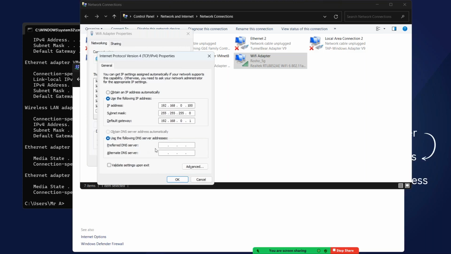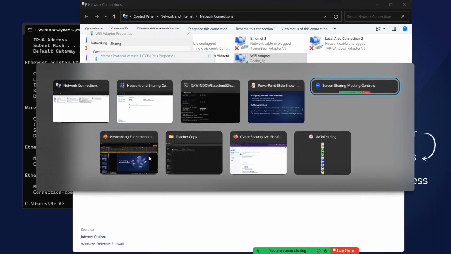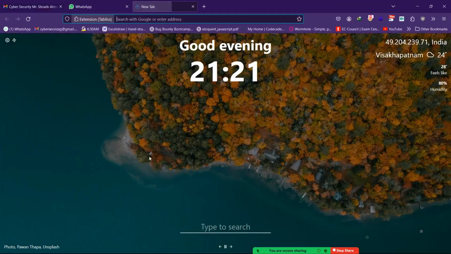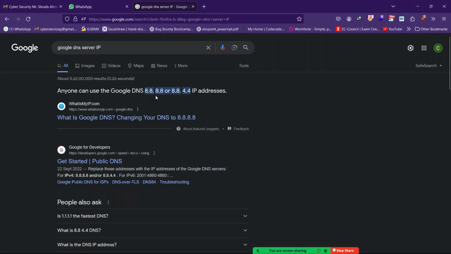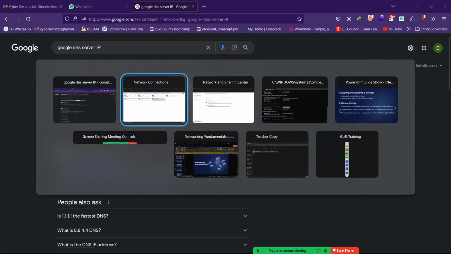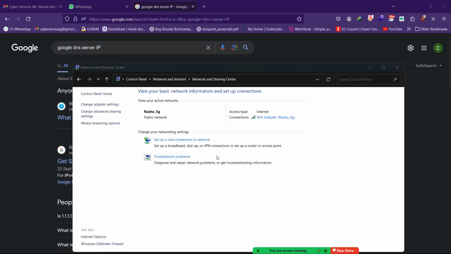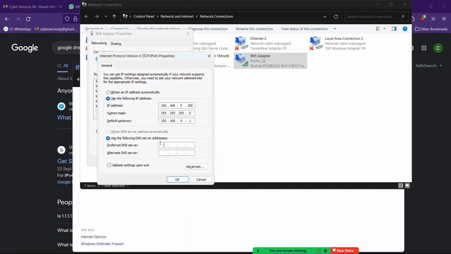192.168.0.1. Now, it also asks you for one more piece of information here, which is a DNS server. Don't worry what a DNS server is, because I'll talk about that in the upcoming sessions. But if you do not know what to enter here, you just go to your browser and search for Google DNS server IP, and that would provide you two IP addresses. One is 8.8.8.8 and the other one is 8.8.4.4, and you can enter either one of them over here in the configuration settings. Prefer DNS 8.8.8.8